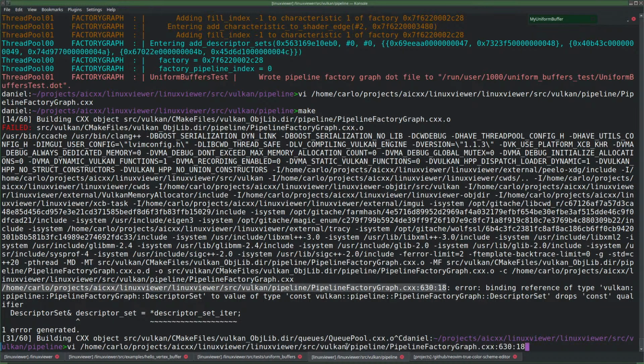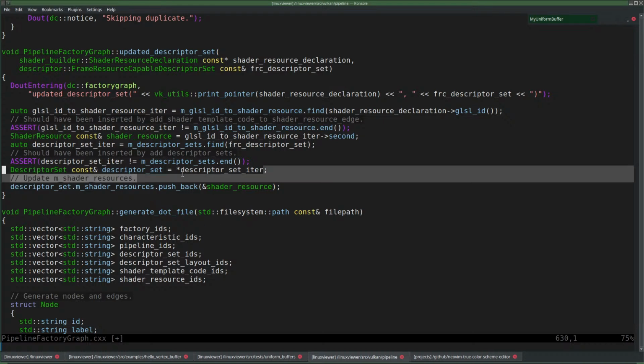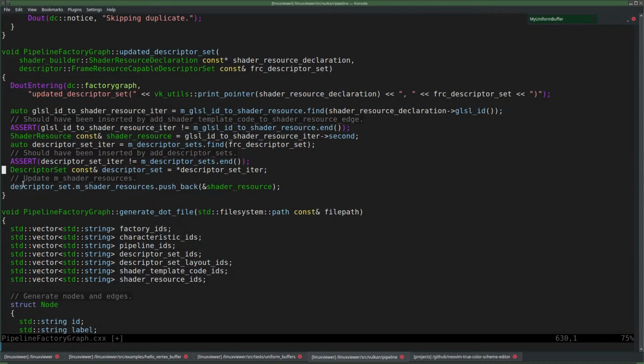So it is still const. Why is it const? Oh, because it's a dereferencing. That's why those things must be mutable. This is a standard set, so if you dereference that, it's always const. Therefore,